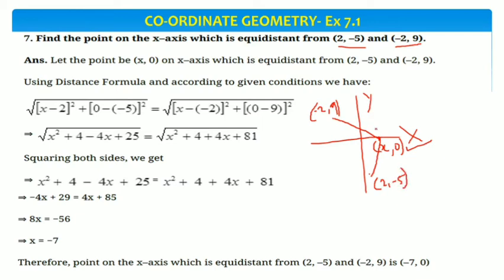Now see this point, suppose we have taken it, given it the name A. Suppose alphabet A is the name, this point is B and this point is C. Now our question is, this point is equidistant from B and C, means the distance of A from B and distance of A from C both are equal. So mathematically we can write AB equal to AC.